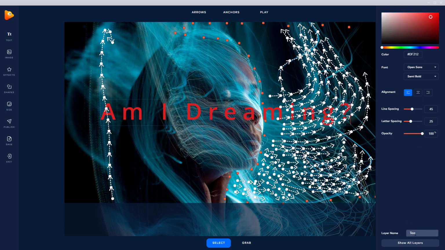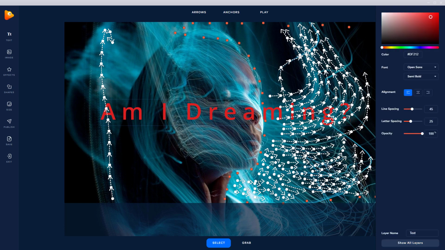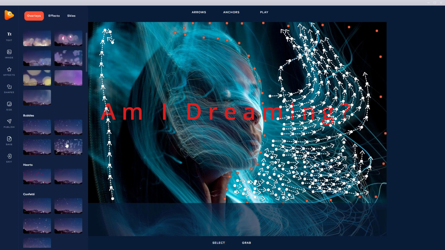We can give it a layer name as well, and we can show the layers we have. So I'm not going to worry too much. I'm not going to add loads and loads of text. We can add effects. So effects are quite good. And it might be we just want to improve on this. We don't know what it needs, but we know it needs something else to make it stand out.